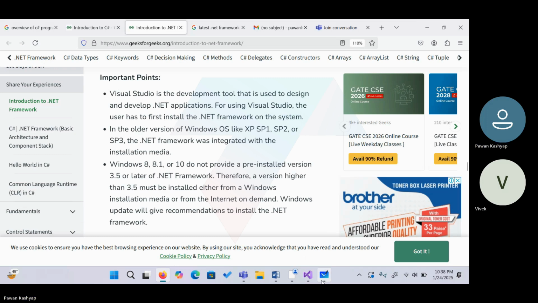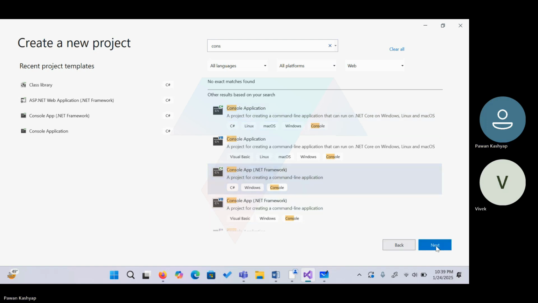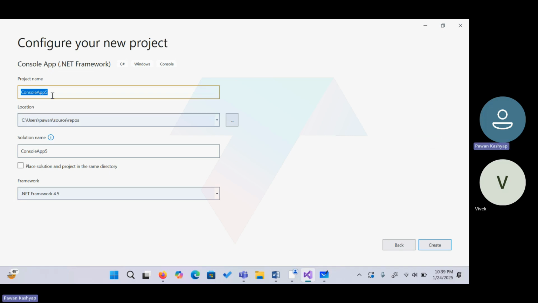So right now I'm not going to select this one. I'm going to select Console Application .NET Framework. This is for Windows only. Here you can see C#, Windows, and console. It executes on Windows only. Okay, so next. Let me say demo